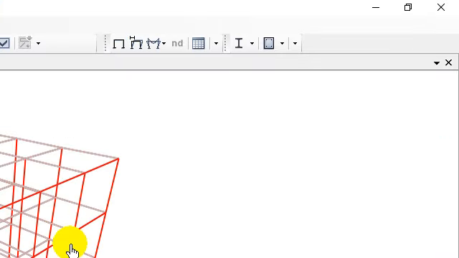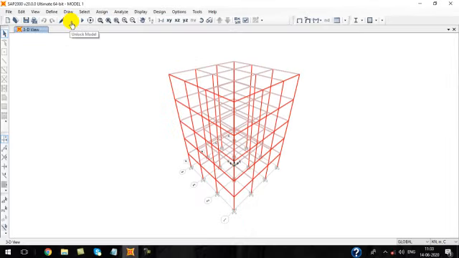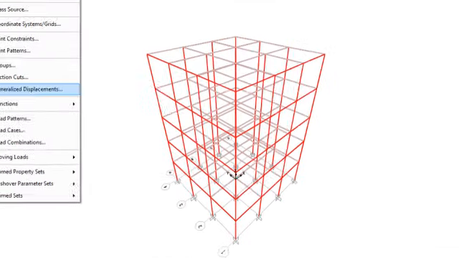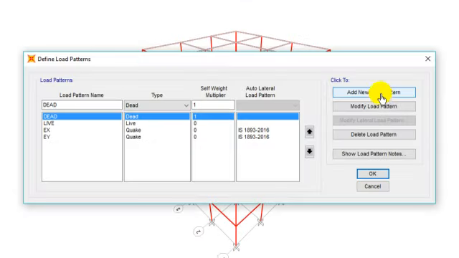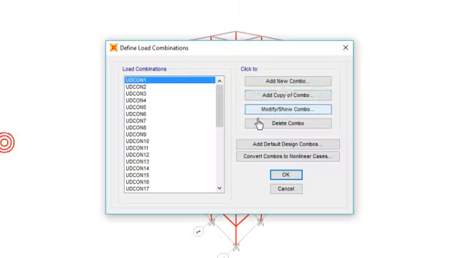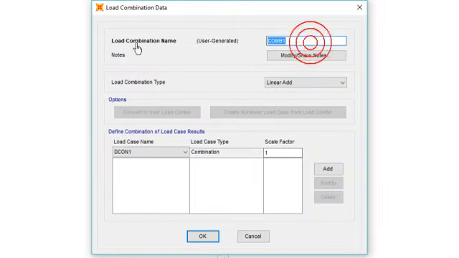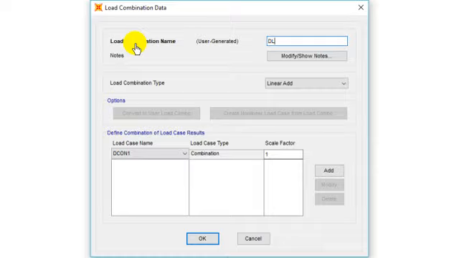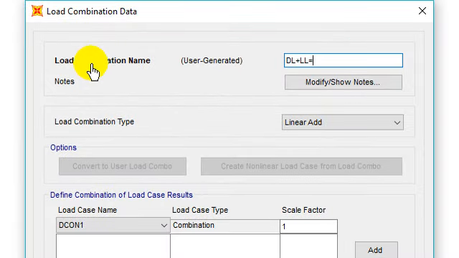Over. Now we need to check the serviceability condition also. For serviceability condition, we have to have the load combination without any load factor: dead load, live load, plus EX.